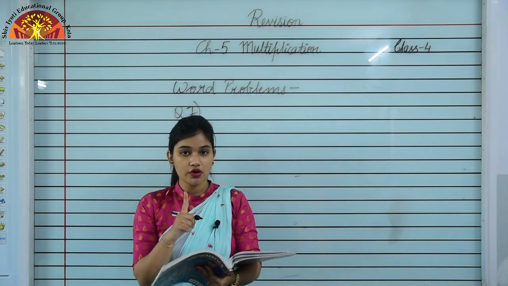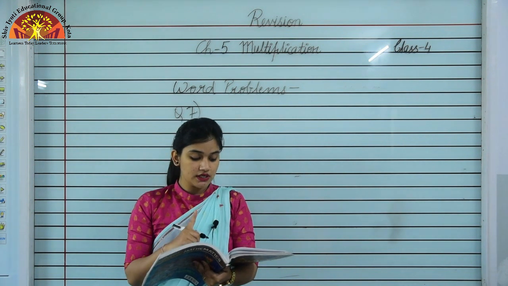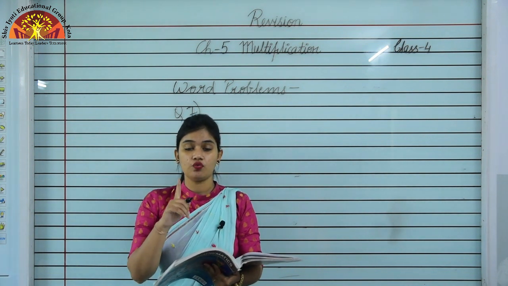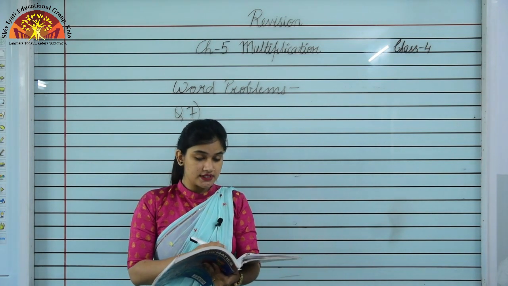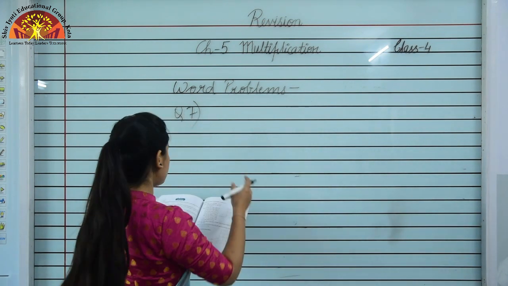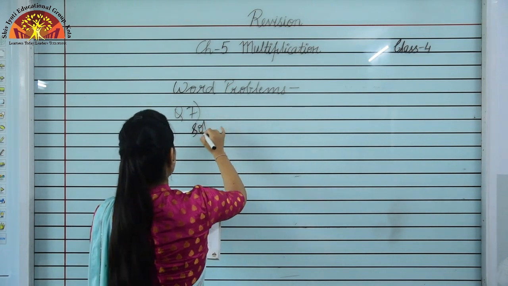एक बैग में कितने कॉइन्स हैं हमारे पास? We have 352 coins in one bag. एक बैग में 352 कॉइन्स हैं and we have to find for 63 bags. हमें कॉइन्स कितने बैग्स के लिए फाइंड करना है? For 63 bags. It means the number of coins is given for one bag and we are finding for more than one. जब भी आपको एक का गिवन है और आप एक से ज़्यादा के लिए फाइंड कर रहे हो, you have to do the multiplication. Is it clear? So in this question we have to do the multiplication here.